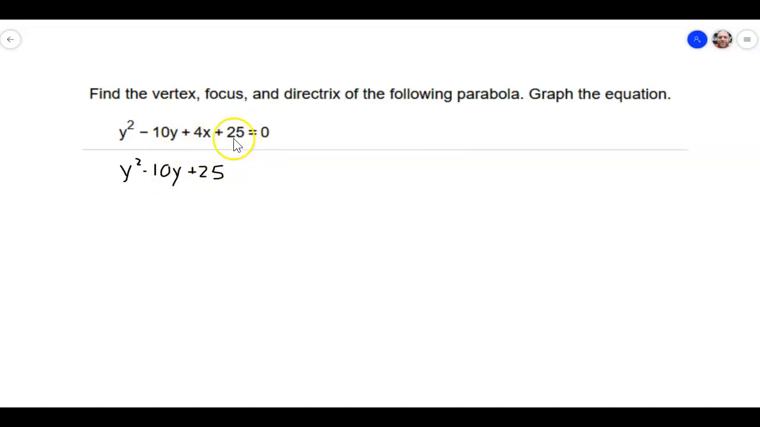Now notice there's already a plus 25 there, so I'm just going to use that. If I didn't have a plus 25 there, then I would end up just adding 25 to both sides. Let me just do it that way, just so you have the full process, because it's very rarely ever going to be that the number is already in there. So what I'm going to do is add 25 plus 4x plus 25,